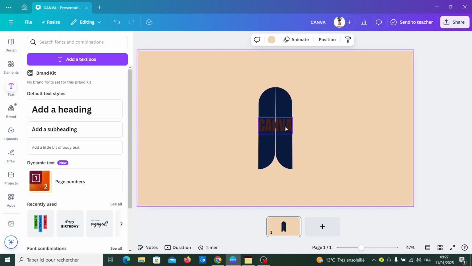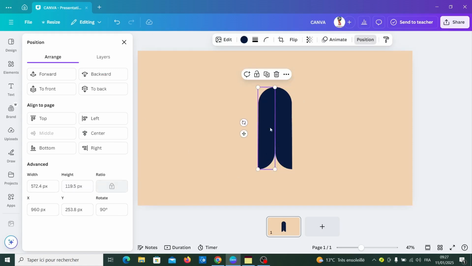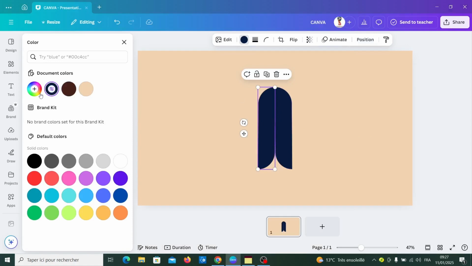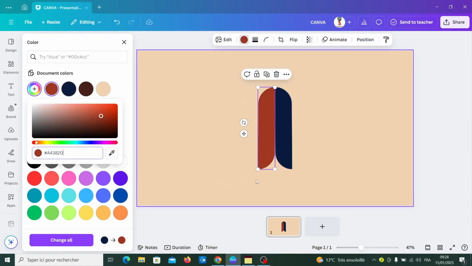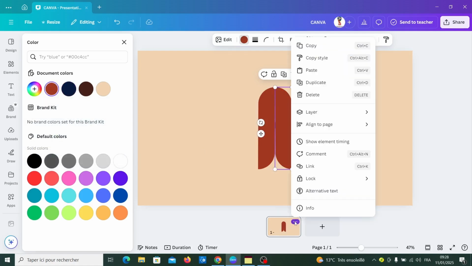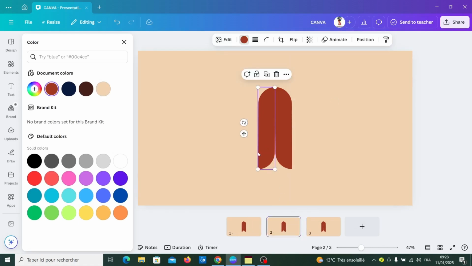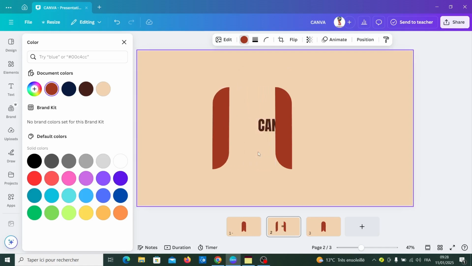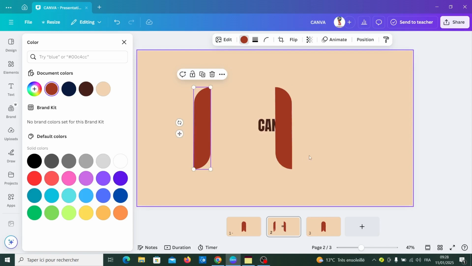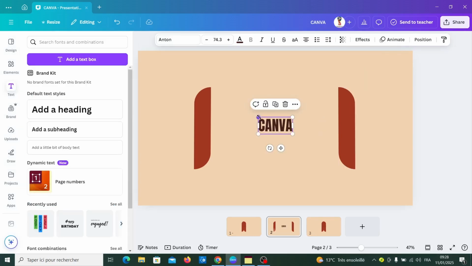I will select this color and make it behind of the shapes. Change color of the shape and this also, and duplicate it for twice. Move the shapes and resize the text